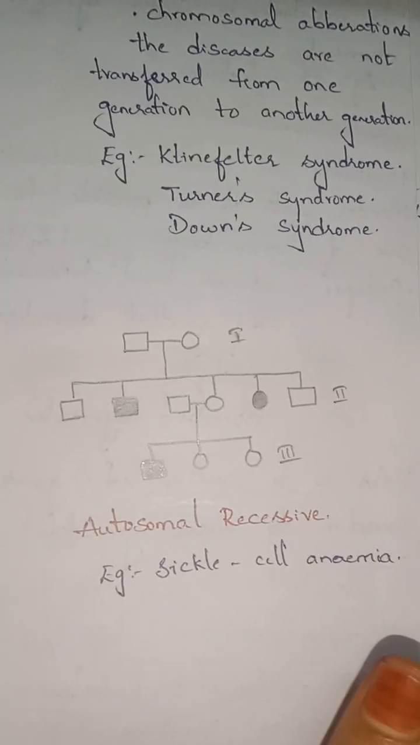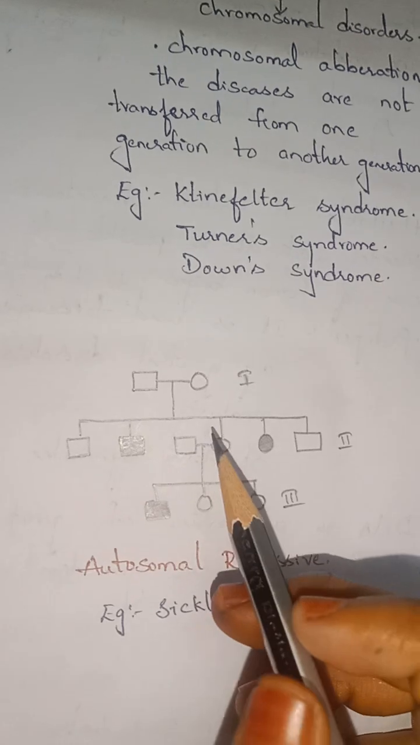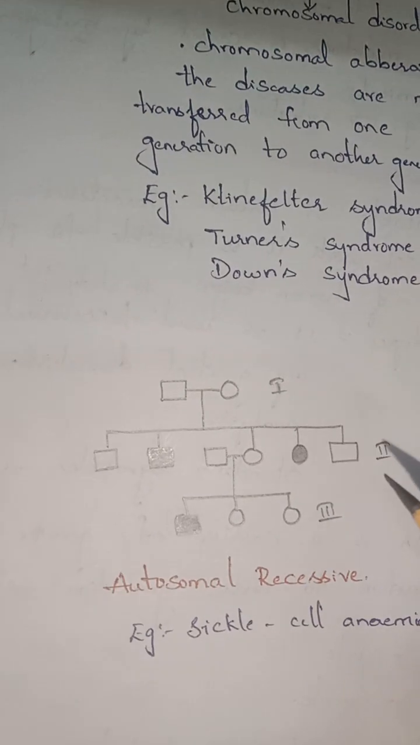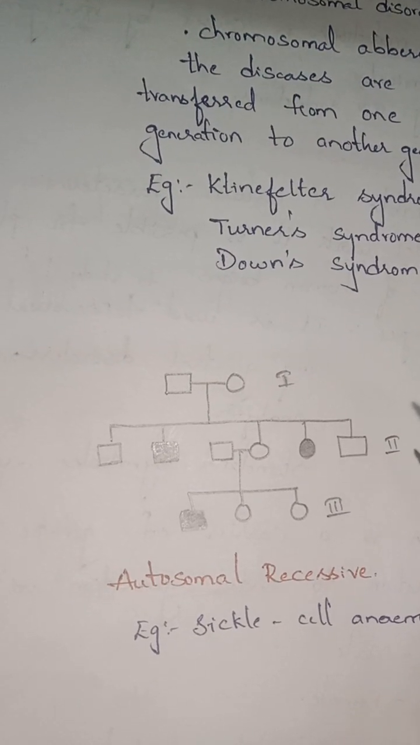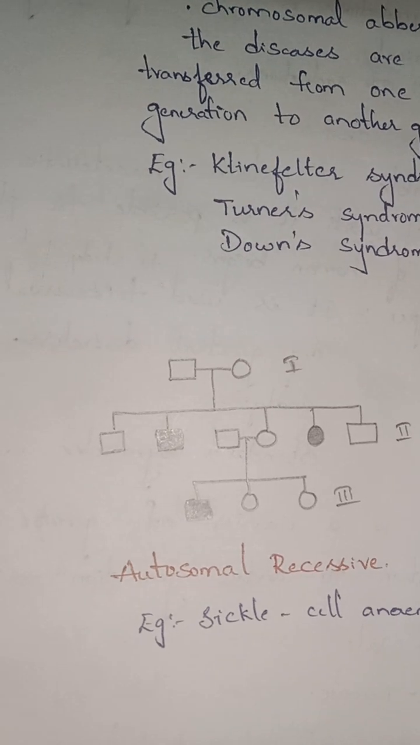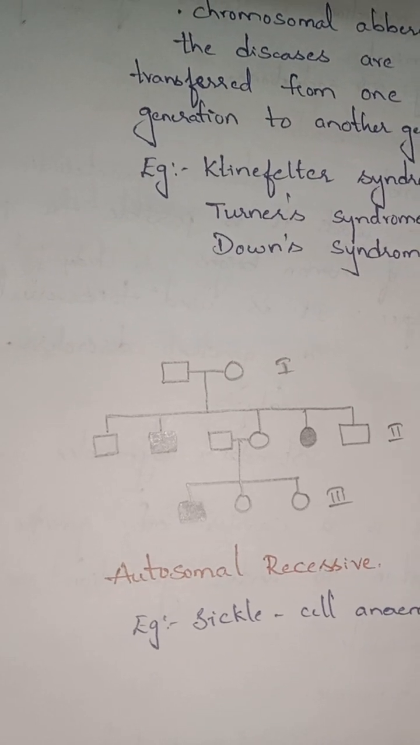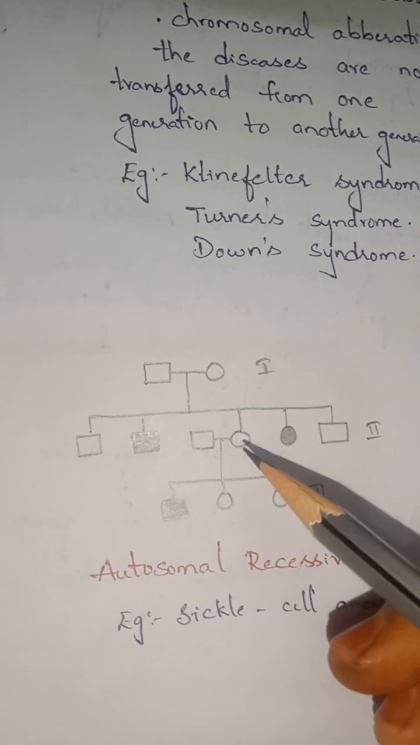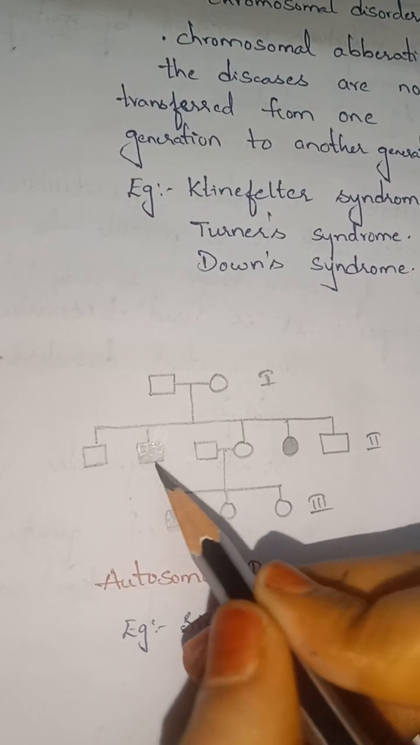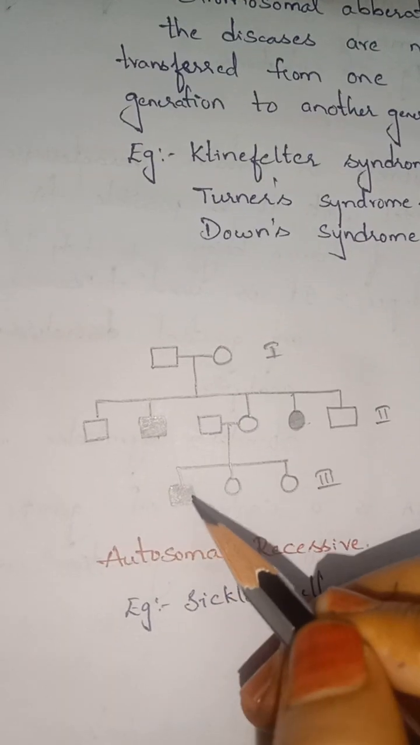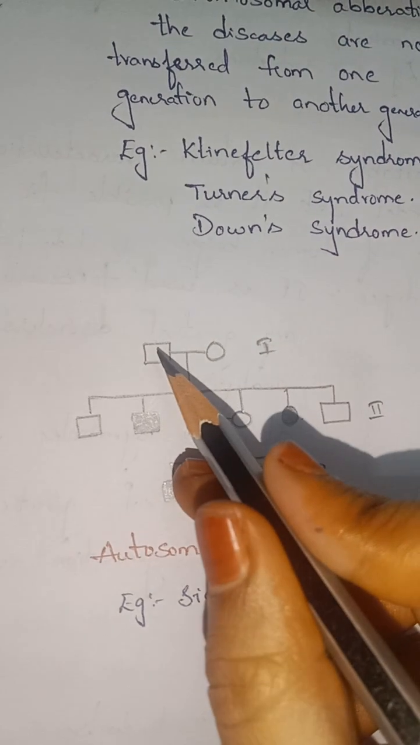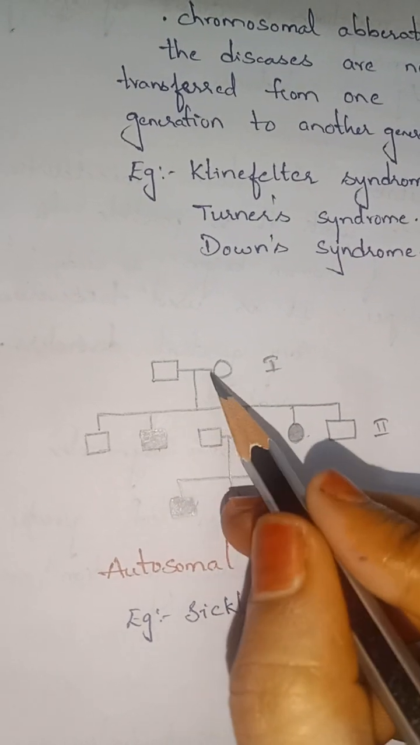Whereas autosomal recessive, as I said, means there should be a skipping of generations. Skipping of generation should be there. Both male and female are affected. Here the male is affected, and here the father and mother don't